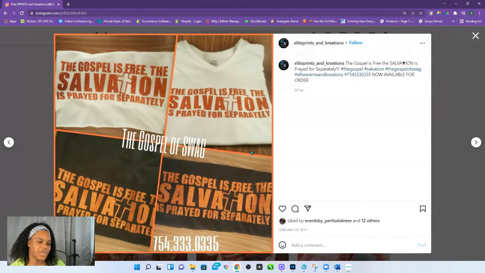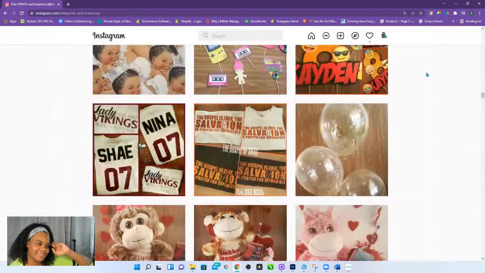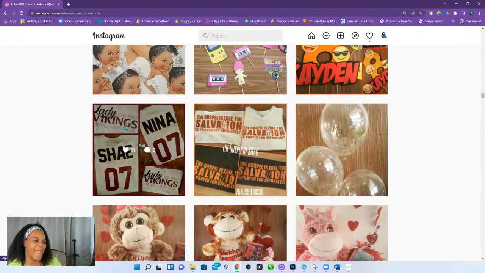One of my first shirts that I call like a line, because people asked for that one too. I didn't really want to sell that one. Again, all text. I sold a lot of those too. Whole lot of those shirts. Whole lot of those. I need to bring some of this stuff back.